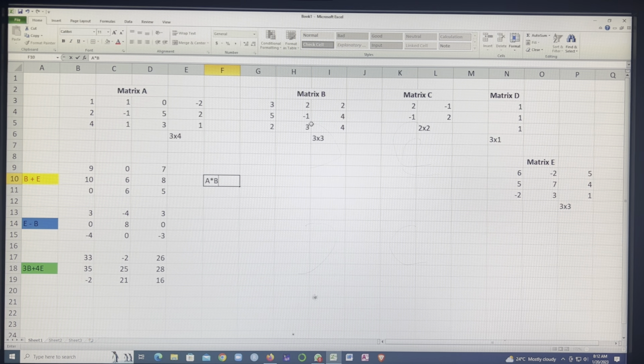And for two matrices, in order for you to be able to multiply two matrices, the column of the second matrix must be equal to the row of the first matrix. So you see the column here is 4, the column here is 3. So these two cannot work. What if I want to multiply matrix B